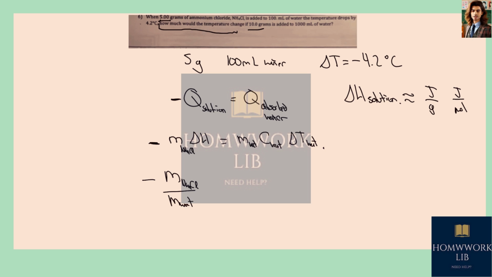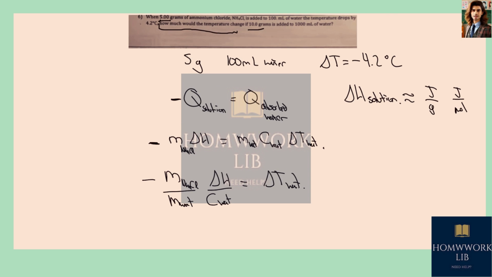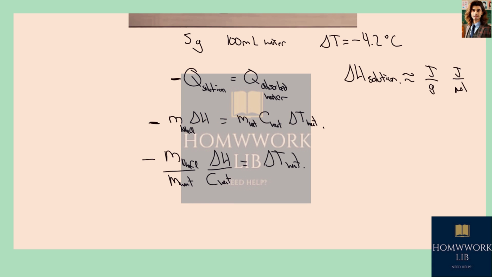if we look for the solution for the change of temperature of water, what we see is that it is going to be related to the ratio of the masses. So if I double the initial amount of ammonium chloride, then the delta T initial would be multiplied by 2. And if I increase by 10 the amount of water, then the delta T would decrease by 10. So what we're going to get is that the new delta T